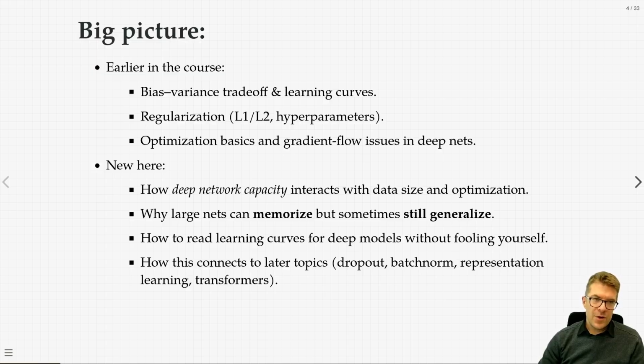So earlier in the course, we've seen bias-variance trade-offs and learning curves. We've introduced regularization of a few different forms, L1 and L2 being primary among them. I don't think we used the term weight decay when we talked about L1 and L2 initially, but either today or in the next module, we're going to talk about weight decay broadly. L1 and L2, given that they reduce the absolute magnitude of these weights, are a form of weight decay.